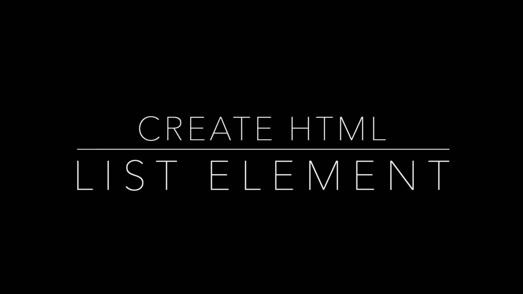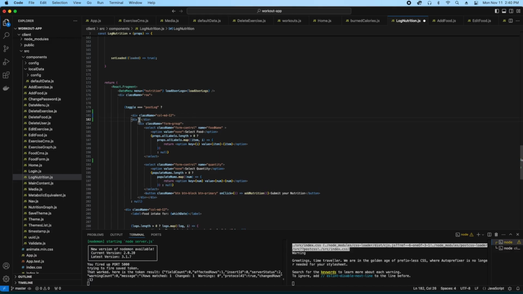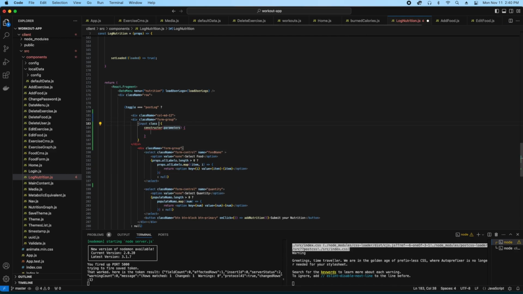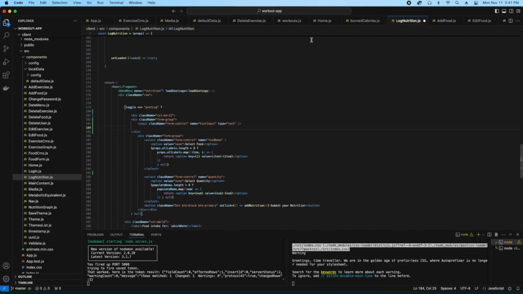So here I am wandering around on the page trying to figure out where exactly it's going to fit. And I need to let React know what's going on here with the class name, and it's going to be a form group. A form group is basically when you have multiple input pieces for a form collected into one group, and makes it nice and tidy so they're grouped together. It looks like Visual Studio has written a constructor and parameters, so I'm going to delete that. But as you can see, I've typed in an input,